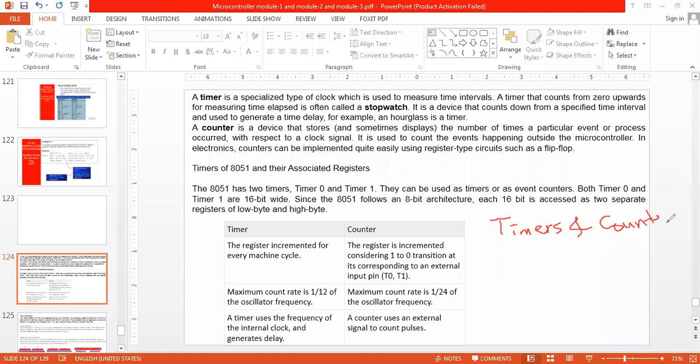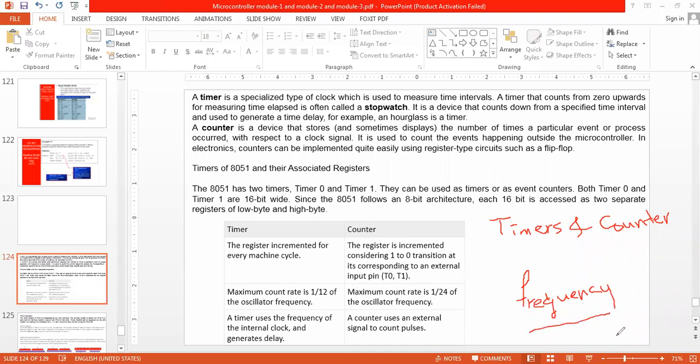Now it is a very interesting and very essential part of the 8051, because here we are dealing with the clock frequency. So some simple calculation is there, and we are going to consider a frequency.